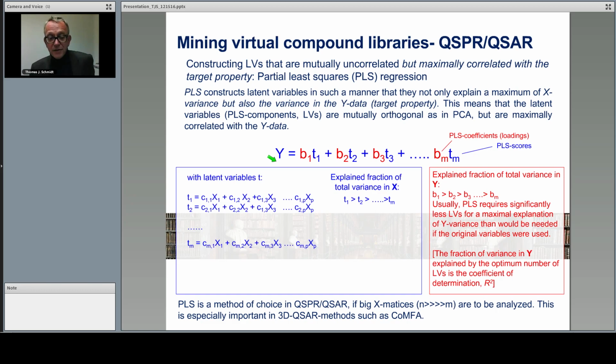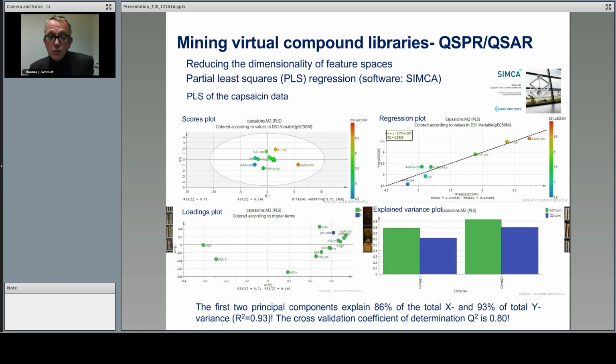So that is the method we use most widely for QSAR purposes, because the output of a typical PLS modeling would look like this. We get a very similar output, a scores plot showing us the position of each object in the latent variable space, the PLS component space. Each compound has a particular position here. We can, of course, color them by activity, for instance, and we see a very active compound shown here on the right side,